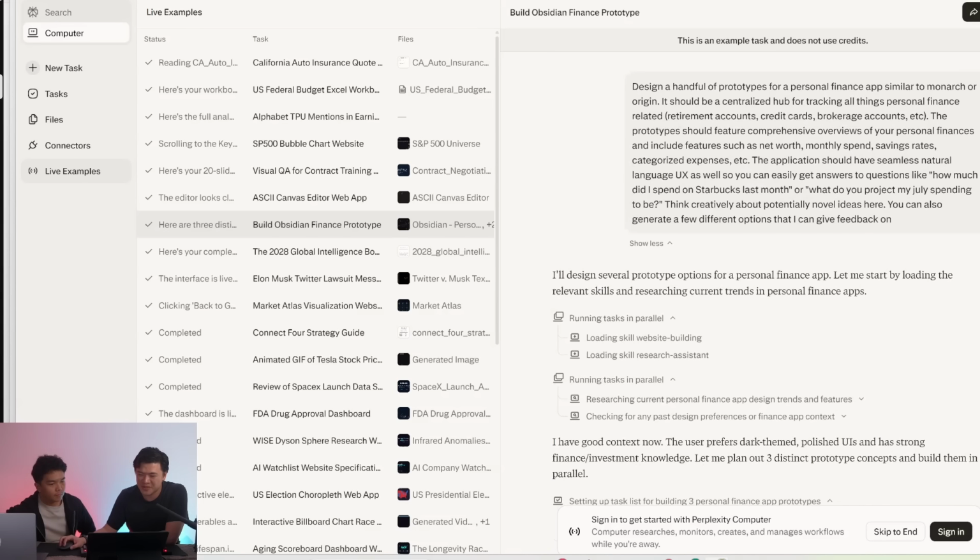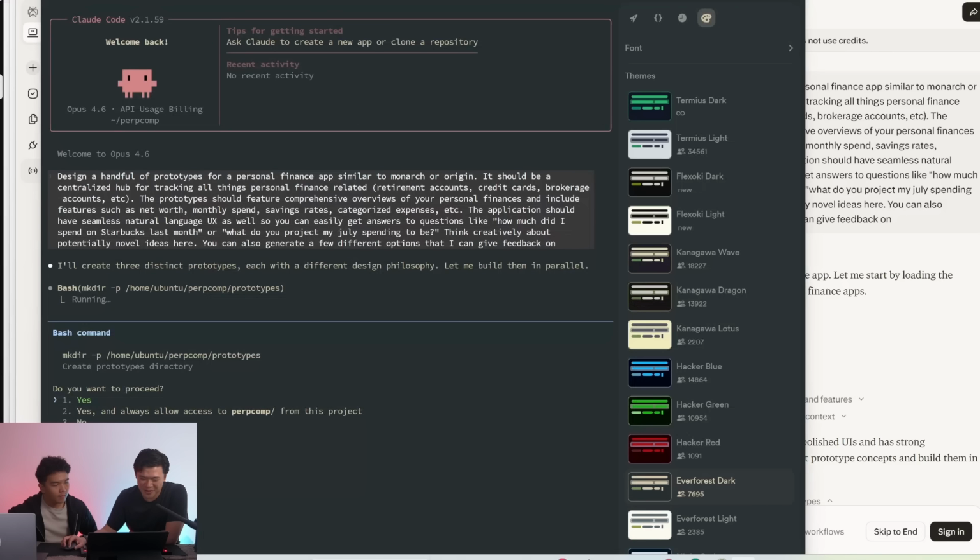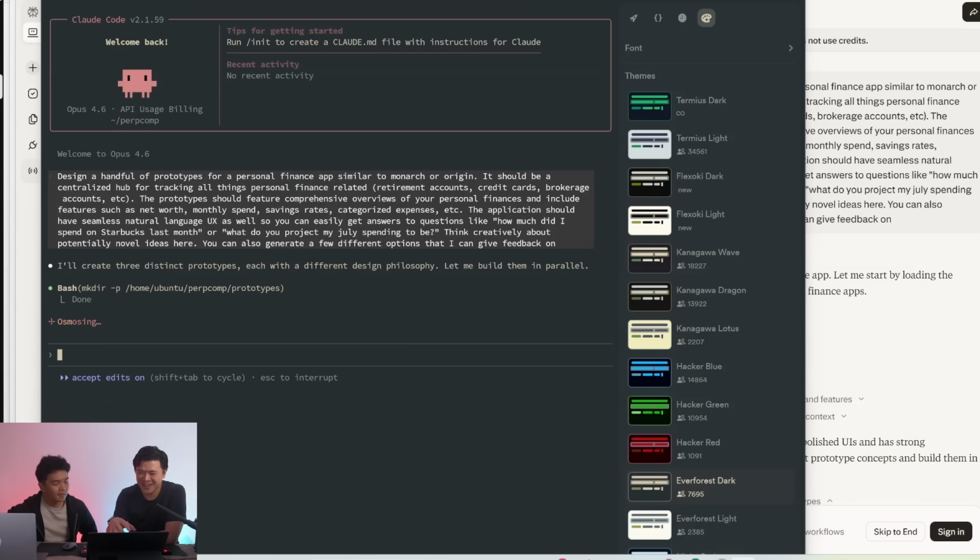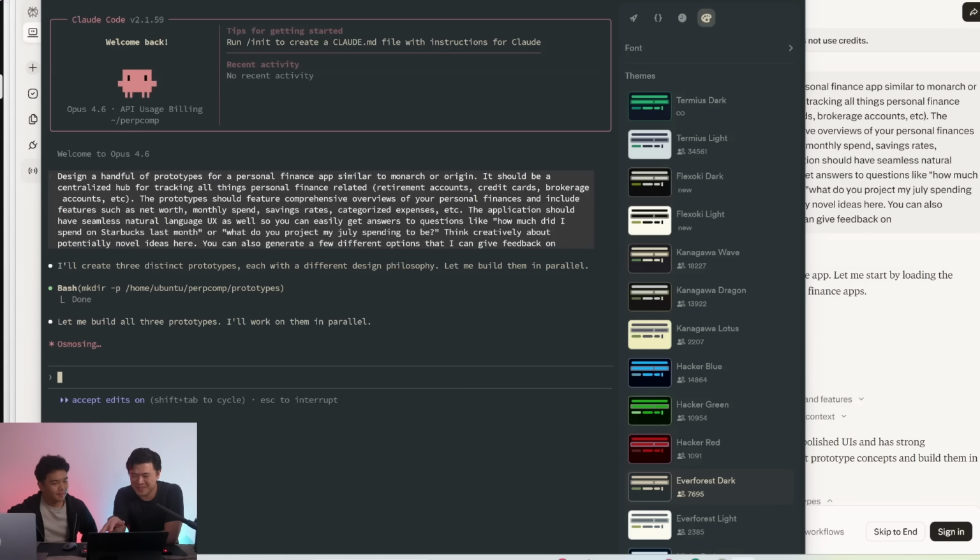I want to do this for this video, so they gave a few examples, and I actually wanted to run Claude side by side to see what's the difference between running Perplexity Computer and running it on something like Claude Code. That's kind of interesting, or maybe ask your agent to do so. Right. I don't think my agent is smart enough. I think it needs Claude Code, to be honest, because Claude Code has optimizations for code and understanding code bases, right? So let's let it work through and see if it can build something of a similar nature.